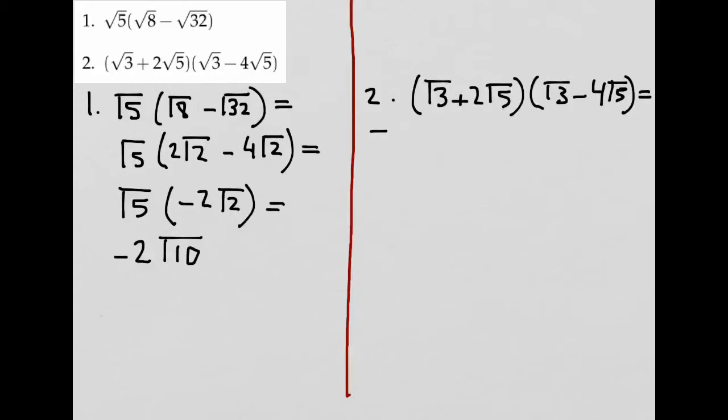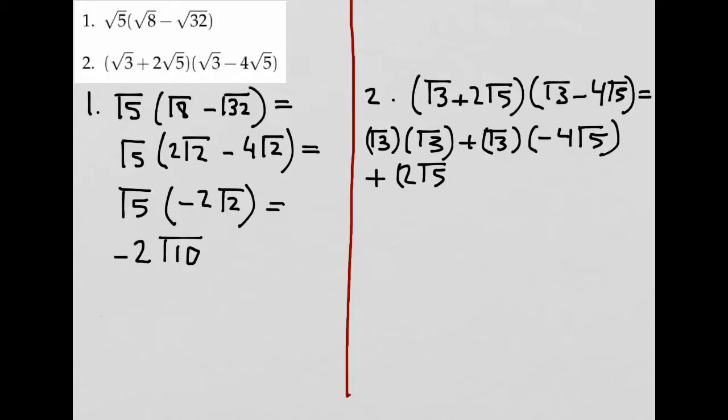That's equal to root 3 times root 3, plus root 3 times minus 4 root 5, plus 2 root 5 times root 3, plus 2 root 5 times minus 4 root 5, which is equal to